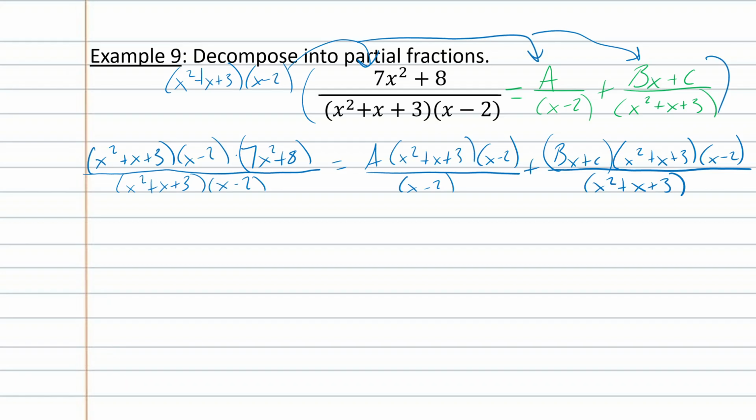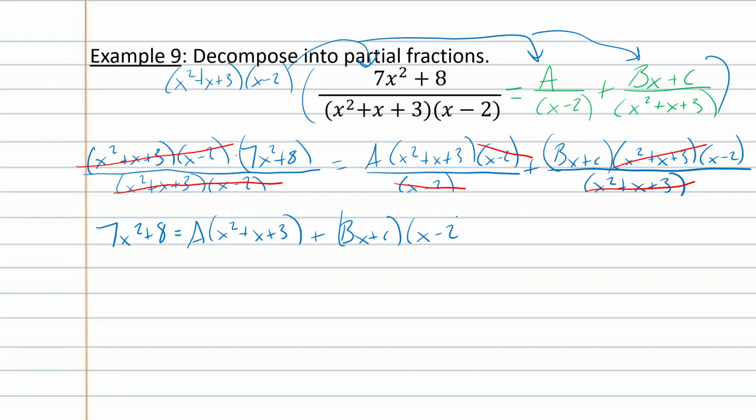All right, we have distributed it to all three parts. Now it's going to allow us to do the cancellation. This piece cancels with this entire piece. The x minus 2 cancels on the a term, and the x squared plus x plus 3 cancels on the bx plus c term. Okay? All right. Let's continue. This simplifies down to 7x squared plus 8 equals a times x squared plus x plus 3 plus bx plus c